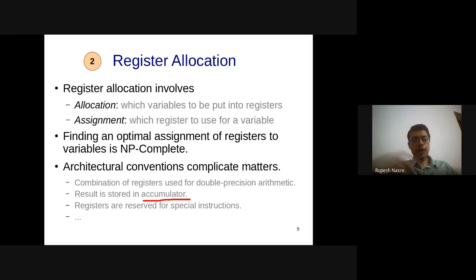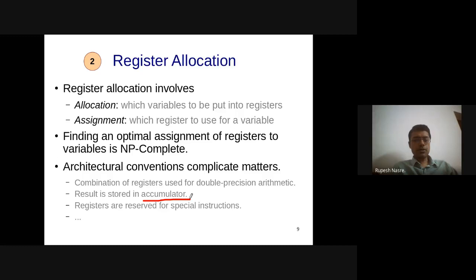If you just parse the instruction, you won't see any occurrence of AX or EAX, but the semantics of that instruction is such that EAX gets used, and therefore EAX is not available for register allocation. This is something I need to deduce from the instruction itself. So this adds to the complexity, and code generation needs to be aware of all of these issues with respect to a particular ISA or architecture.